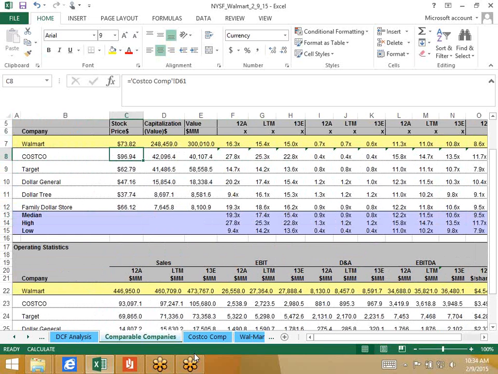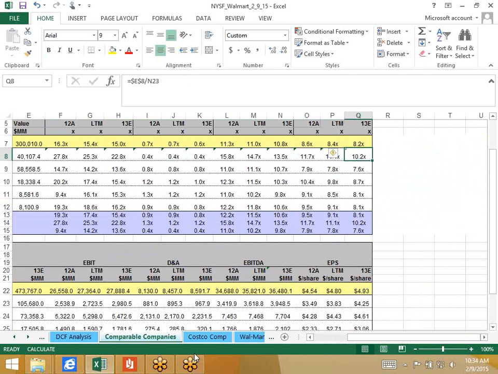So when applying all of these three methods, the DCF, the comps, the P-PAIDs, we want to come up with a range based on all this data. And the range can be quite subjective. That's the tricky thing about valuation. And we want to apply that range to interpret this into what would be a valid